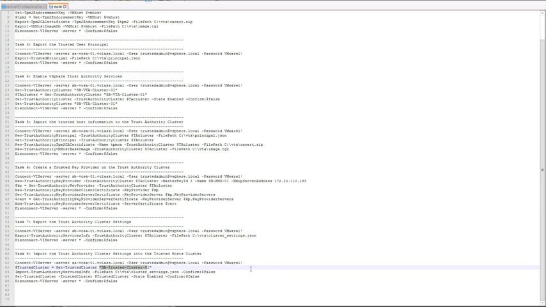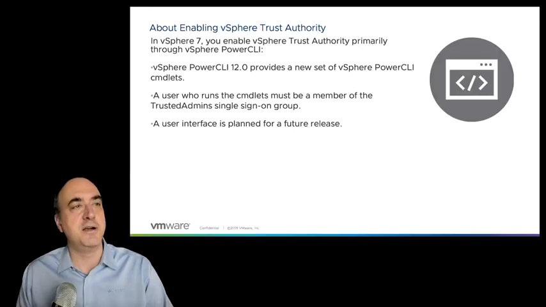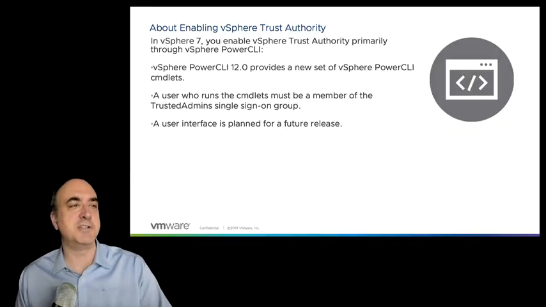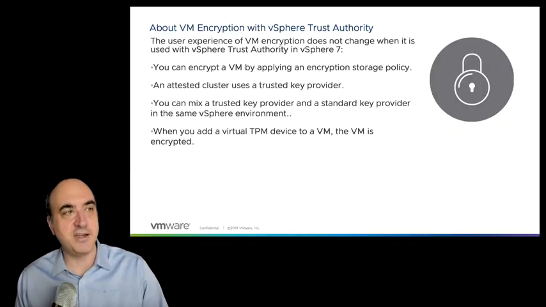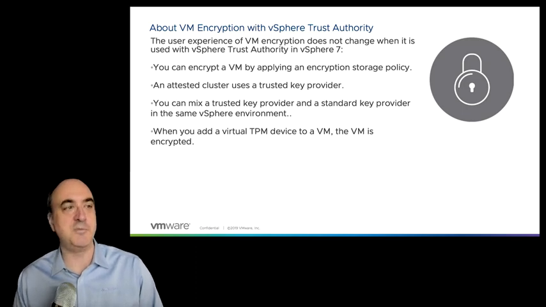This sets up the entire configuration. And like I said, don't copy and paste the whole thing. What you need to do is basically copy and paste each of the different little paragraphs, and it will actually take care of it for you. And it actually works without having to worry about typos. And then what you'll do is you'll end up encrypting a VM using this trusted computing mechanism in order to do that. Right? So we need these PowerCLI scripts, and then you can encrypt a VM in the normal